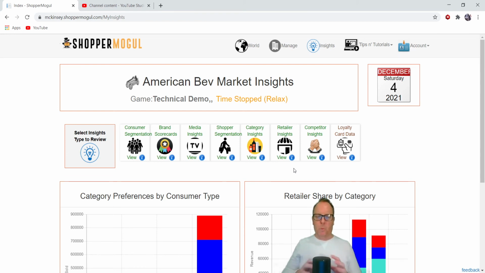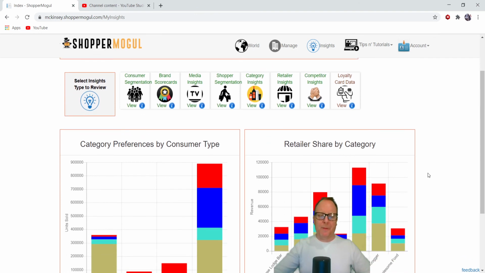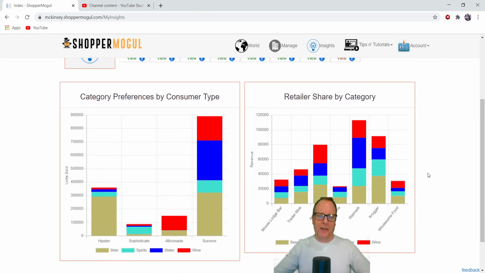So one member of your team is going to have to make the choice to buy access to this information. I say to buy it with game money. I strongly recommend at the start of the game that you do buy access to all of the insights. Later on in the game you can get a little bit cuter about which ones are useful. But what we see if we look at the category insights is